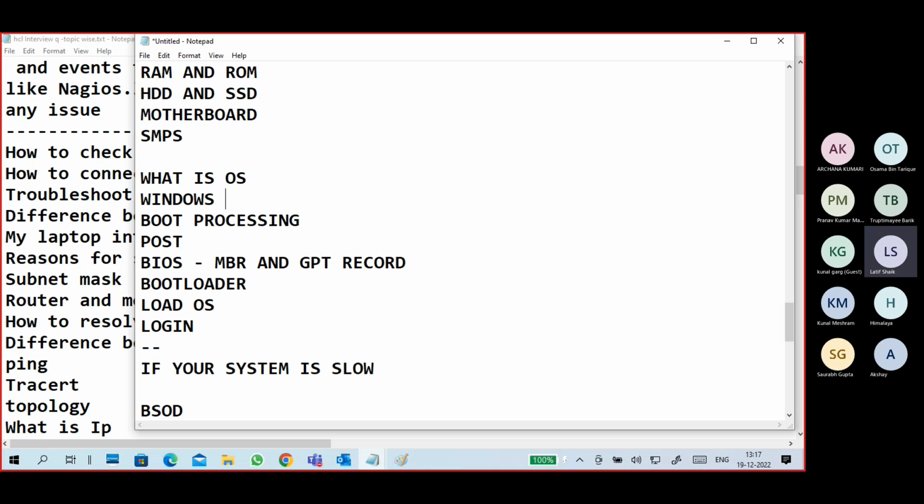Difference between Windows and Linux and Mac OS.